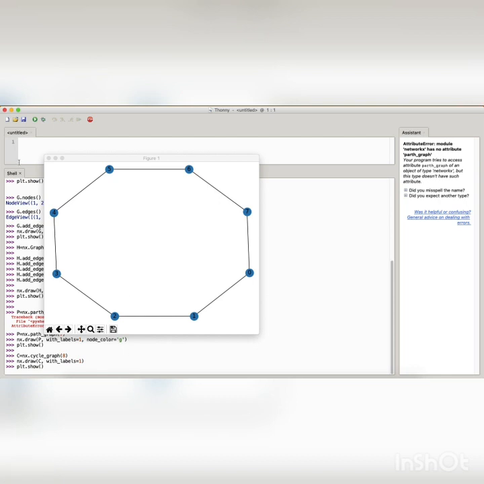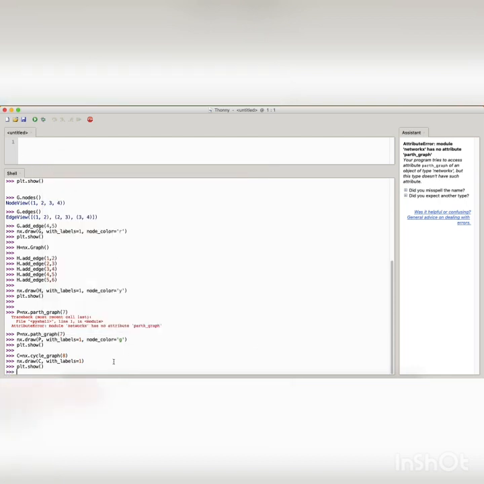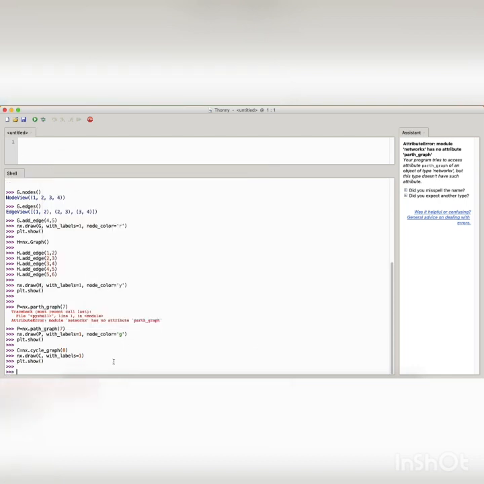So we can create simple graphs with the help of inbuilt functions. It's quite easy. We do not have to add any edges or nodes. Directly we have to pass how many vertices we want in our graph.